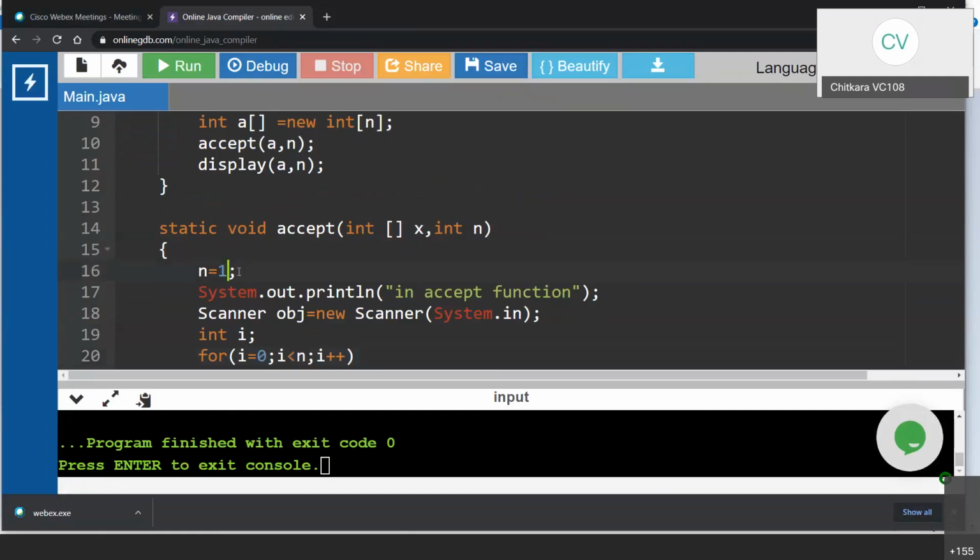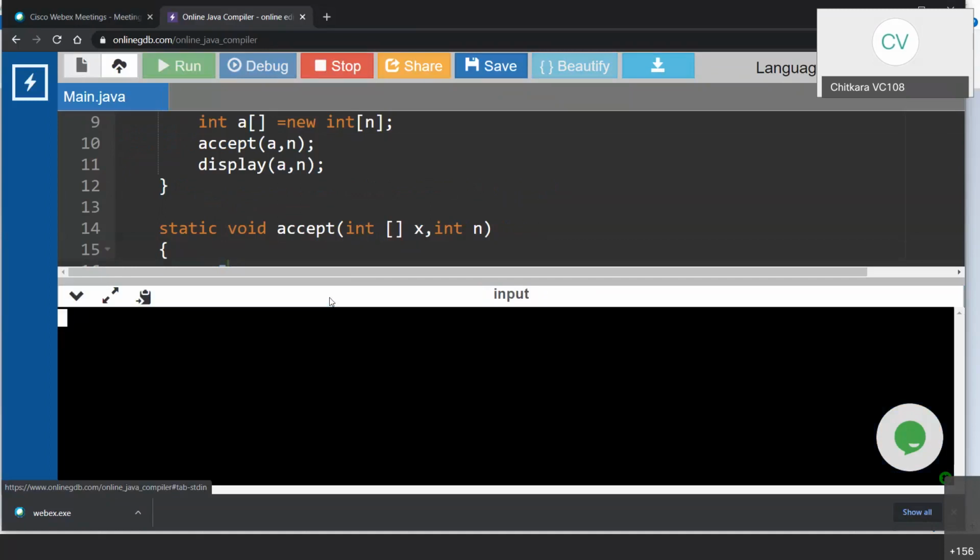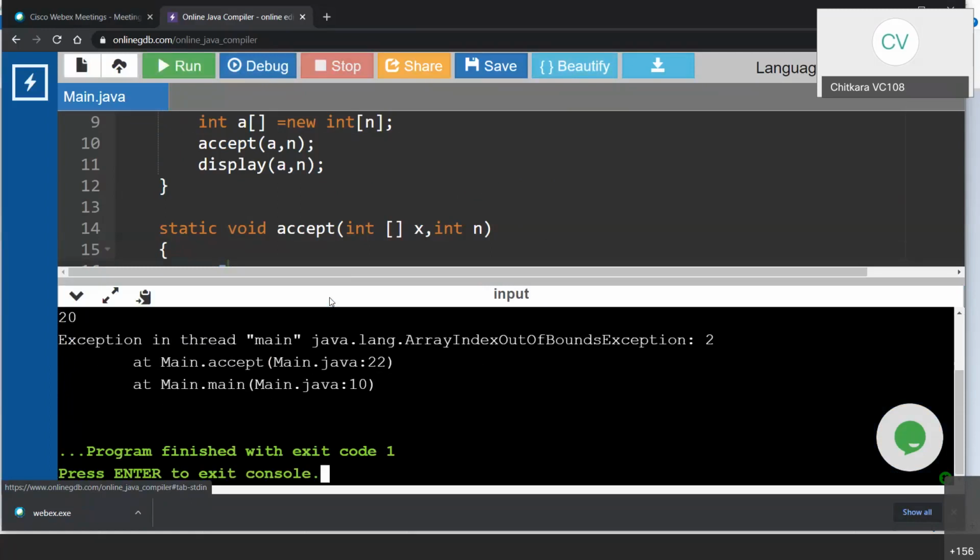Now instead of 10, I will change it to 5. Now let's run this again. What is the value I have entered? 2. Accept. What is the first thing I'm going to do? I'm going to change the value to 5. Okay, then let's assume 10, 20. Then what happens? The moment I enter the 2 values, the moment I try to enter the third value, see